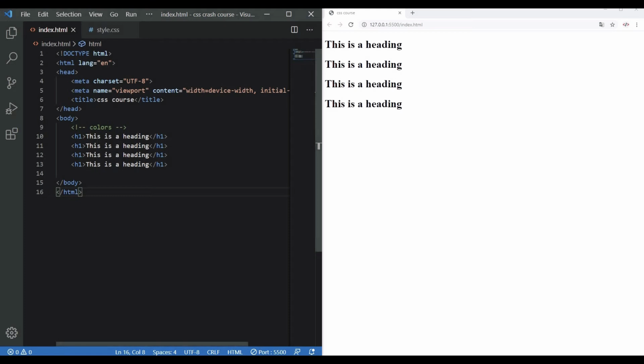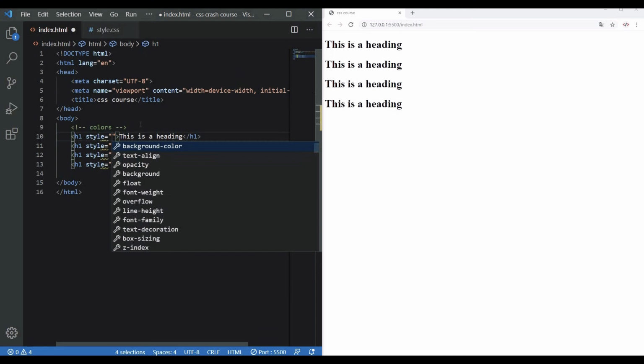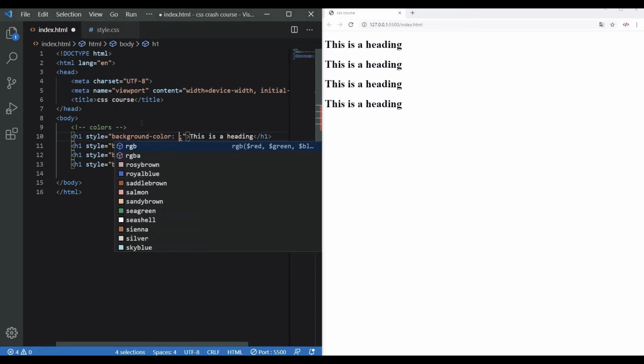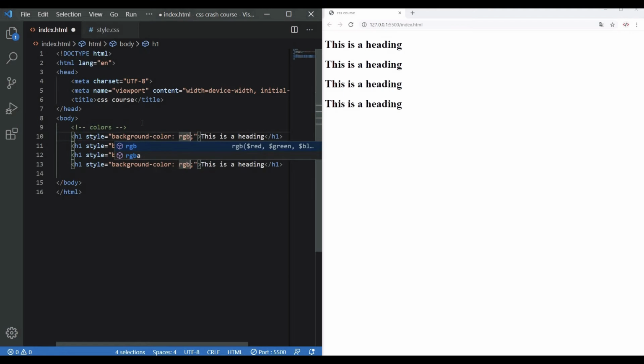Well, the first way we have is, let's just add a style and a background color in all of them. And when we use RGB, it means red, green, and blue values. So it will just take the 3 pieces of information of the color red, the green, and the blue, and it will simply